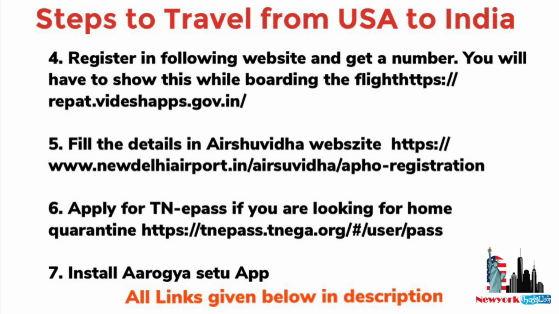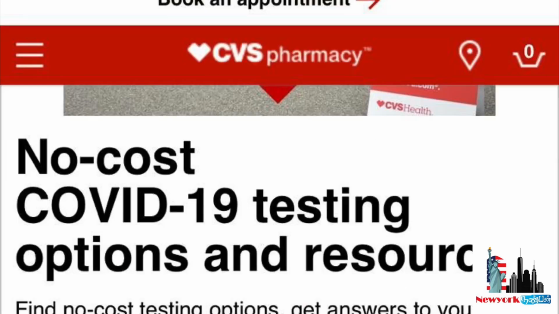Wherever you're going, if you are going to Delhi, it's well and good. If you're going to some other place, each state follows different rules, different e-pass rules. So you have to go to the respective state link and register yourself for the e-pass. I have given the link for Tamil Nadu e-pass registration. By the end of the video, you will have the links for all the other states' destinations, so please watch the video till the end so you get an idea.